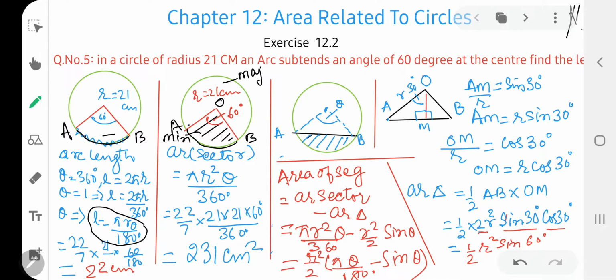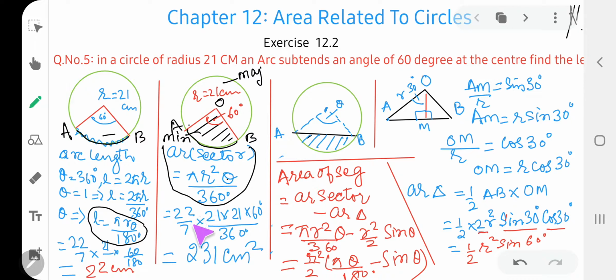So now we will find out the area of the minor sector. Similarly children, if it is a complete circle, that means if theta is equal to 360 degree, the area is pi r square. So if it is 1 degree, it will be pi r square by 360. And if it is theta degree, then it is pi r square theta by 360 degree. So this becomes the formula for the area of sector. Now let us put the values.